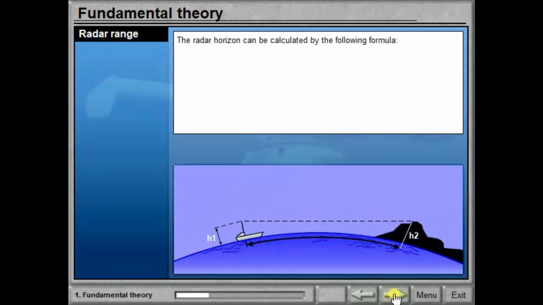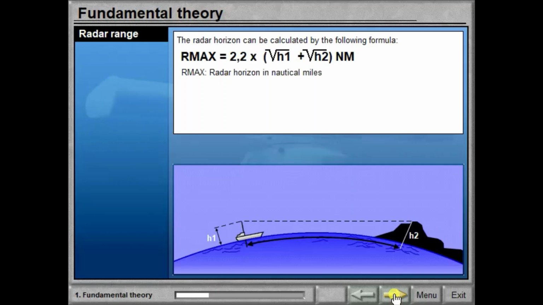The radar range will vary with changing weather conditions, however. During standard atmospheric conditions, that is 1013 millibar air pressure, 0 altitude and an air temperature of 18 degrees centigrade, the following formula can be used, where Rmax is radar horizon in nautical miles, H1 is antenna height in meters, H2 is target height in metres.